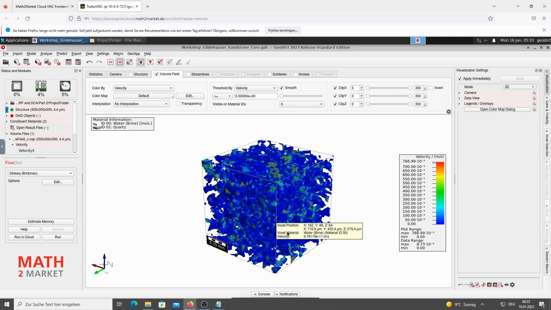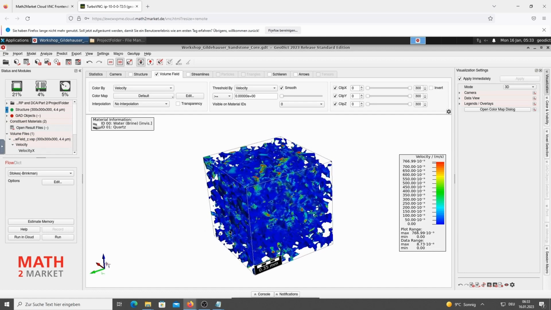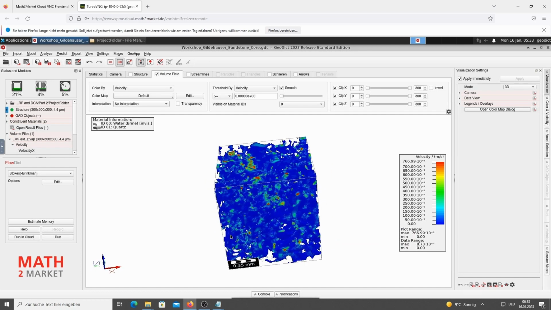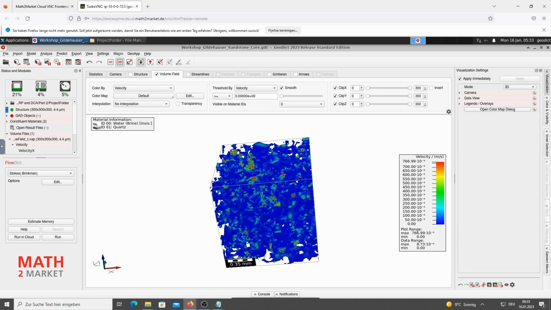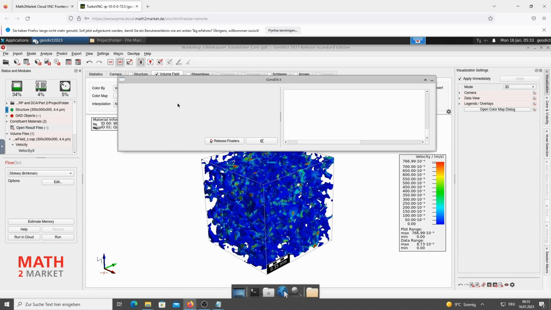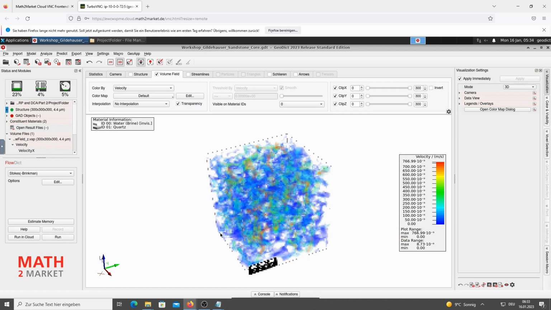Now we just see the velocity in the pore space. You can now enable the transparency here with this checkbox, and observe a very nice visualization with just a few clicks.